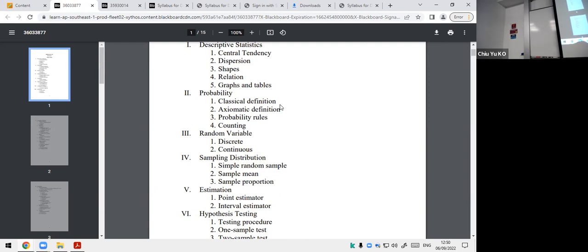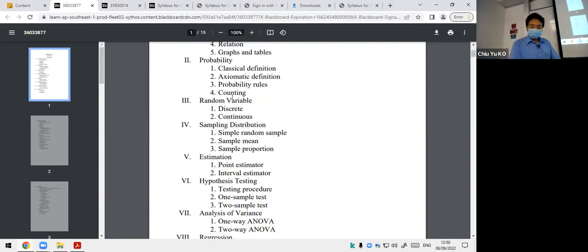Of course, this is something where we will need to remember some rules. Then chapter 3 will be related to chapter 2. The idea is that chapter 2 talks about probability in general, and it's usually very complicated. Because if I toss a coin once, it's only head or tail. If I toss twice, I can have 4 different outcomes: head and head, head and tail, tail and head, tail and tail. With 2 tosses, it's already 4.